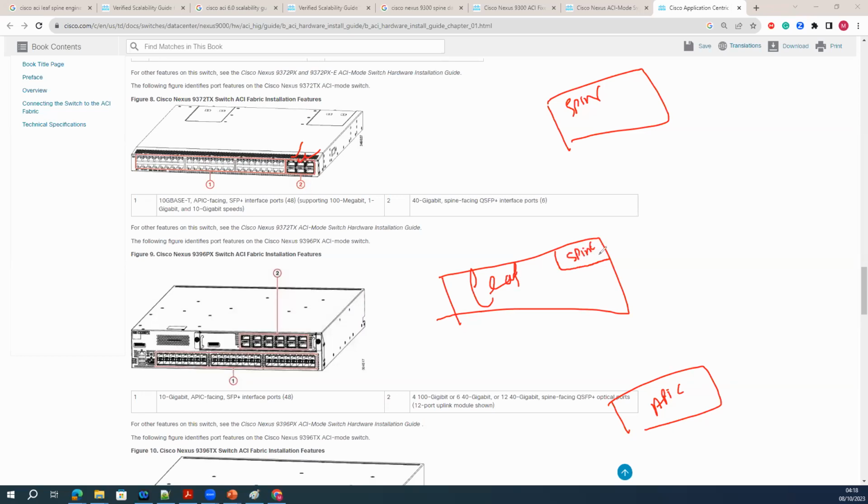Doesn't matter which model number you purchase. These we call the fabric ports. You have to connect to the spine on those ports only.